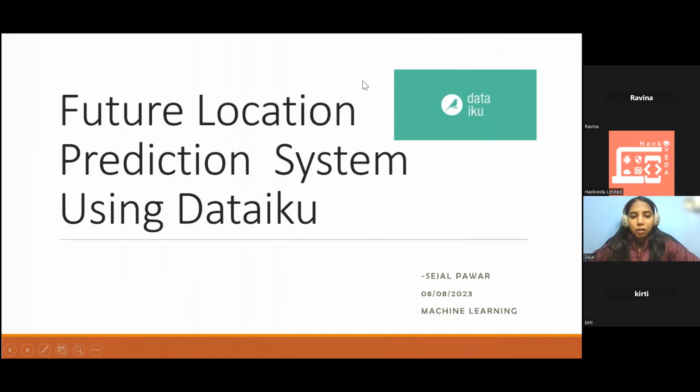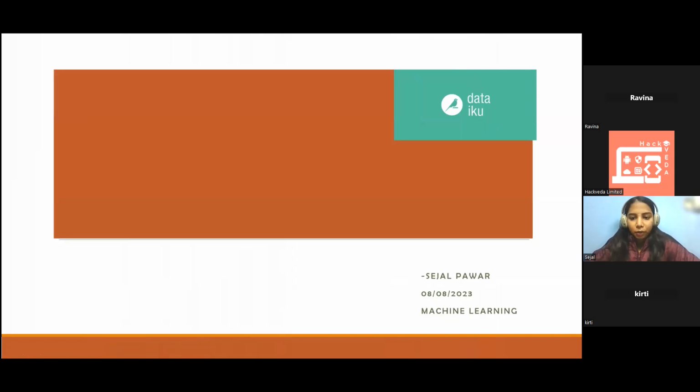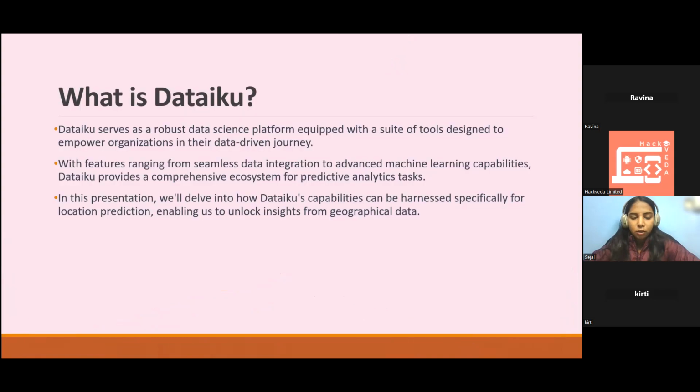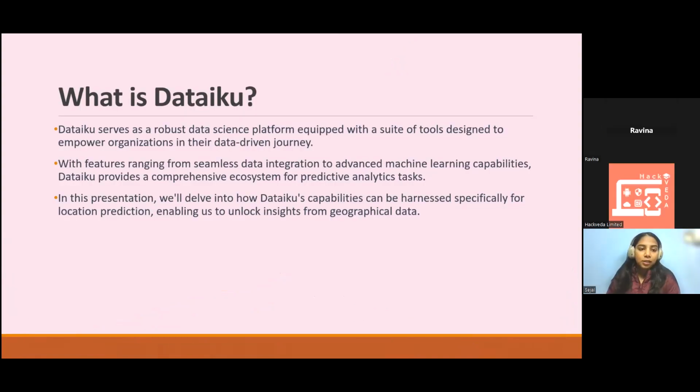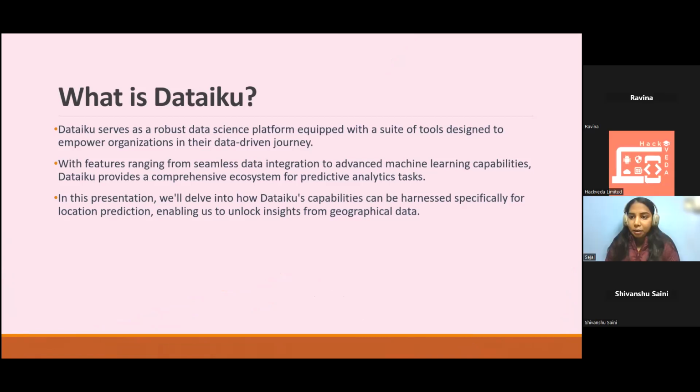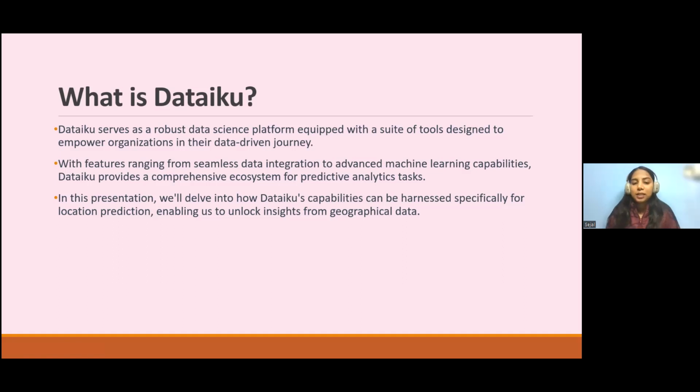Good evening, everyone. My name is Sejal, and my project topic is future location prediction system using Dataiku. So, what is Dataiku? Dataiku serves as a robust data science platform equipped with a suite of tools designed to empower organizations in their data-driven journey, with features ranging from seamless data integration to advanced machine learning capabilities.